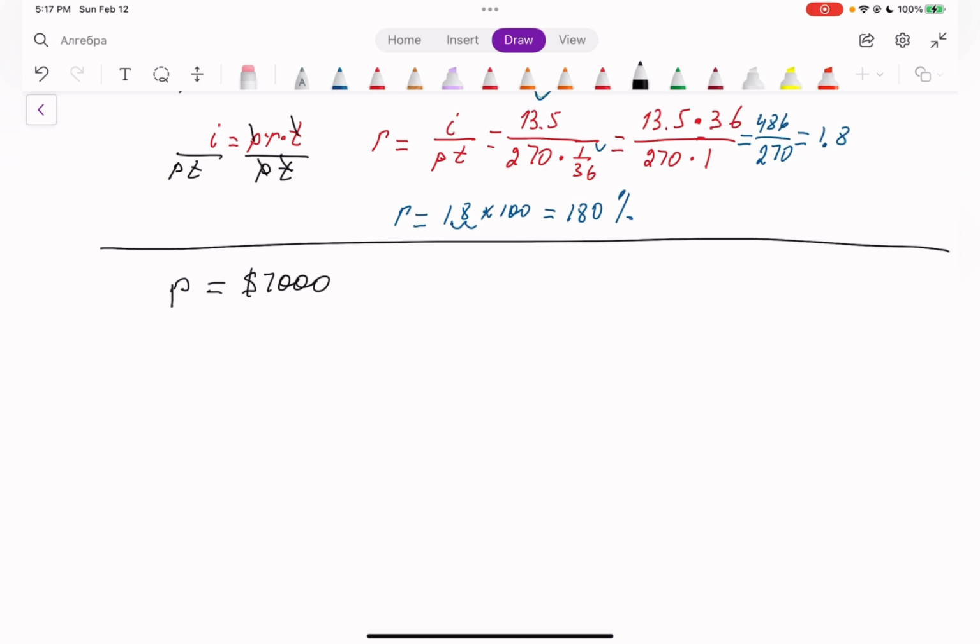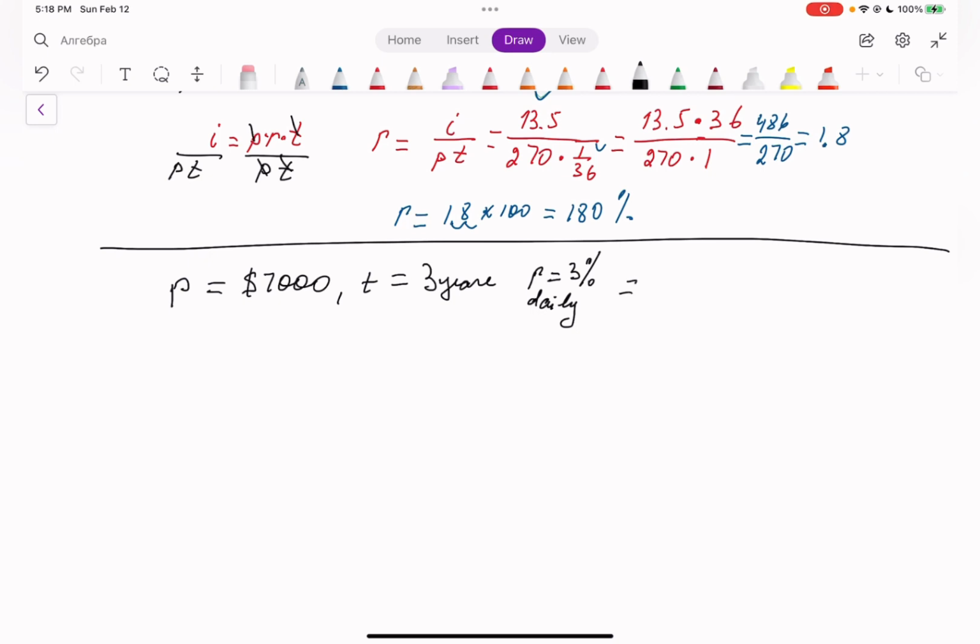Okay. Time is going to be 3 years, and 3% compounded daily. Okay, R is going to be 3% compounded daily,